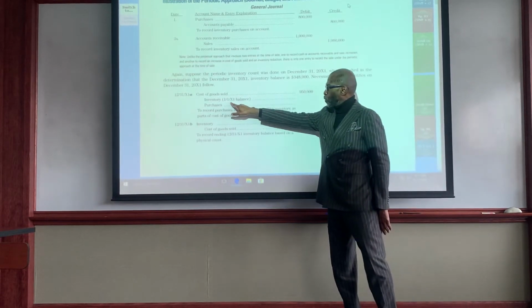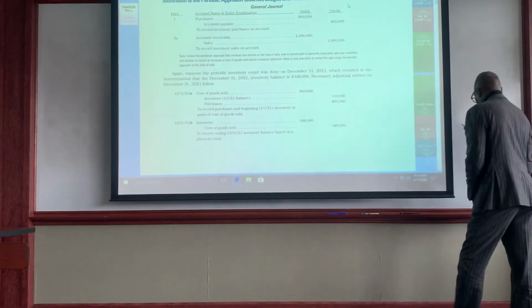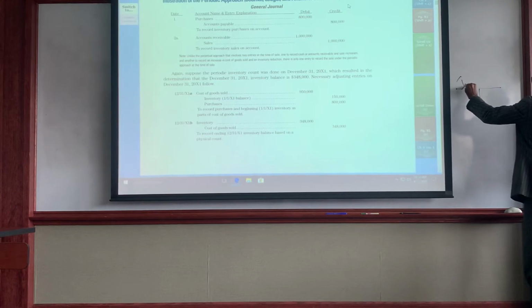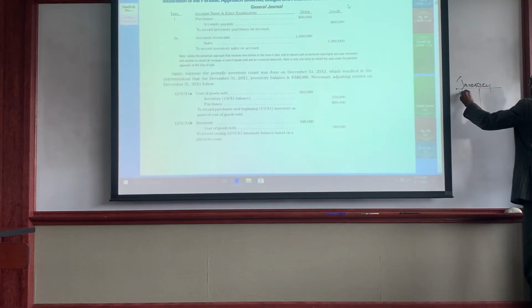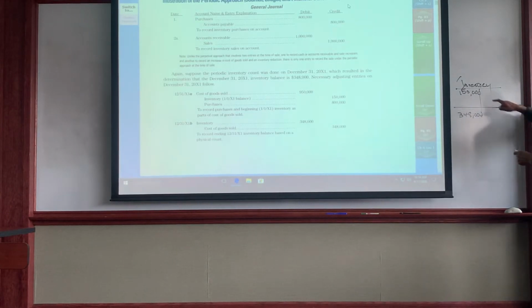The 111 balance of inventory, we are getting rid of it. Let's see how this looks. So if we look at inventory on a T account, we started out with a beginning balance of inventory of $150,000. We now said that the ending balance in inventory needs to be $348,000. So what we've got to do is get rid of this 150